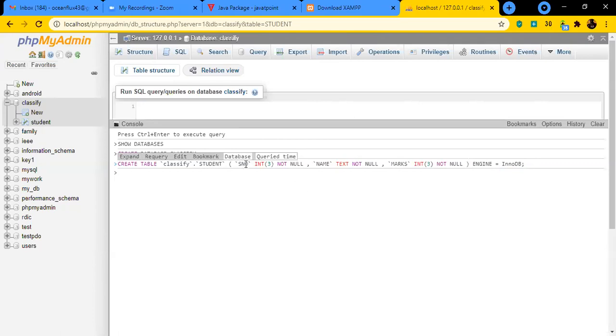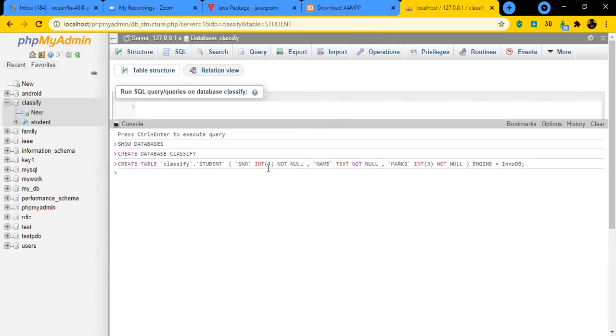Okay. Serial number. What is the column name? First one, int. The length is 3, which is not null. I didn't choose an option over there. I didn't check the box, I just left it empty. So the name is also not null. You have to give the number, the name, as well as the marks. So remember all the things I'm saying. Why does the text not have any 20? I think I just changed that one. It's okay, I will create one more table.